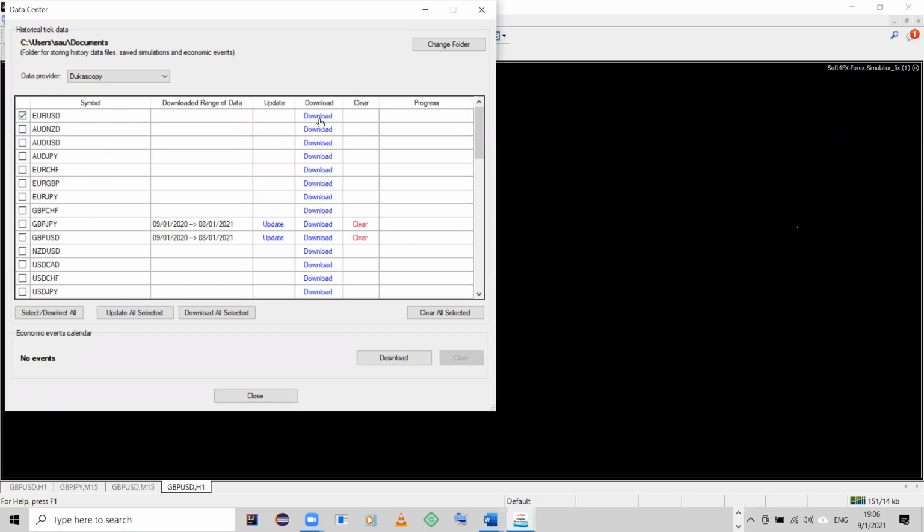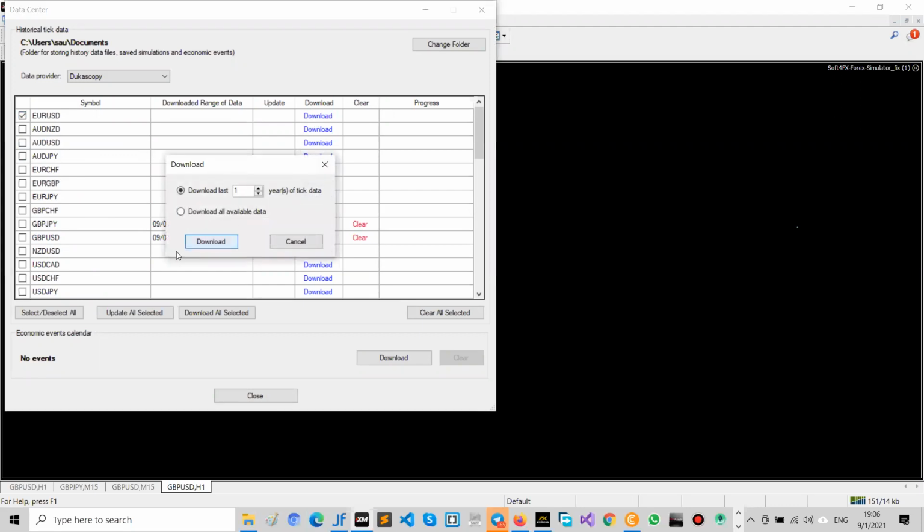For this example, I'll be using Euro USD. As you can see, I clicked here. So I download here. On this part, you're going to select how many years backwards you want to start your backtesting from. You just increase to how many years you want, and all the data, all the price movements, everything will be downloaded. Everything up to 42 years, as you can see there. But for this example and for this video, I'm going to choose 1 year there,